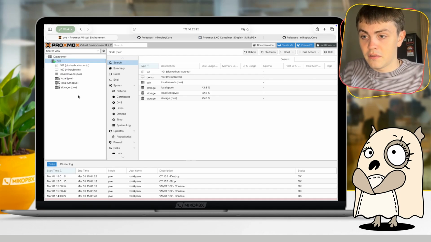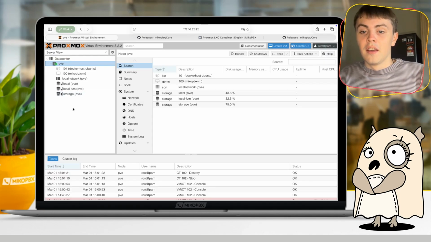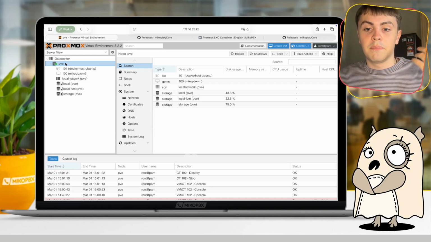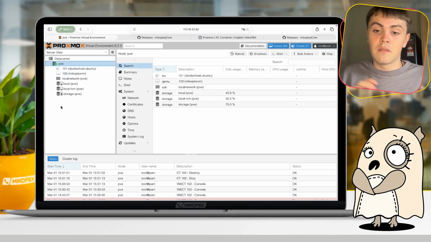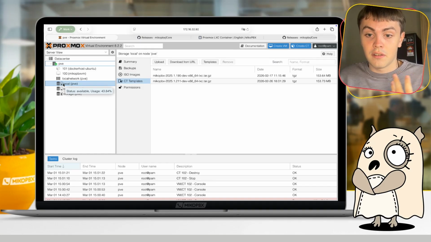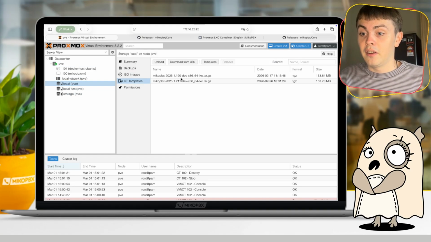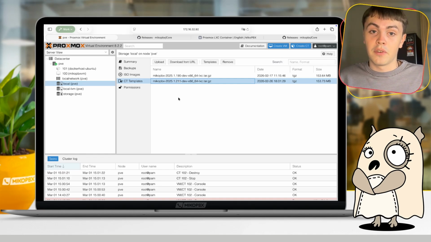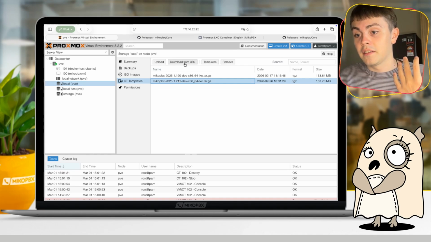Before we start, let me increase the zoom. Okay, so my node is called PVE, and I will create everything inside this node. Before we start, we have to upload our template into Proxmox. We can do that by simply going to the local storage and to the CT Templates section. Here we can see that I've already uploaded this template file, but for you, you have to click Download from